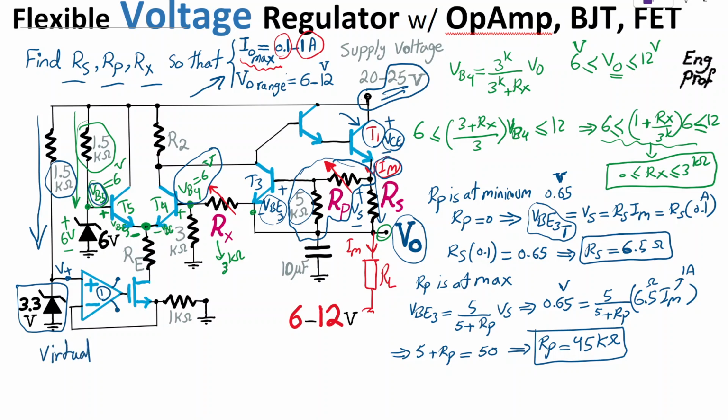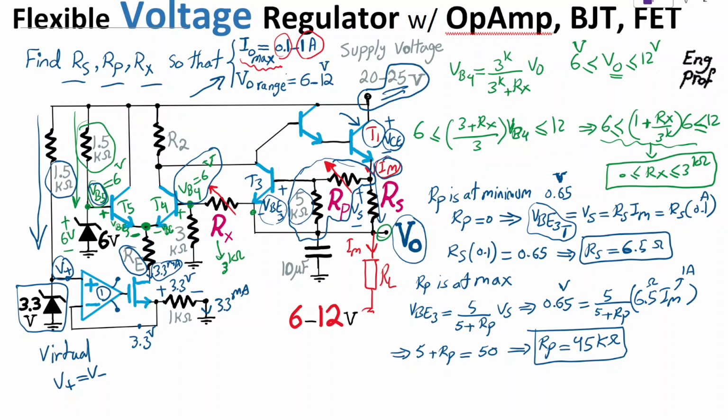Virtual short means V positive is equal to V negative for the op-amp, therefore this 3.3 at V positive appears at V negative also, which means 3.3 appears across this 1K, resulting in a current of 3.3 milliamp that goes through this JFET, through the source of the JFET, and then should flow through the drain. So 3.3 milliamp flowing through the drain means that this 3.3 milliamp should flow through RE,